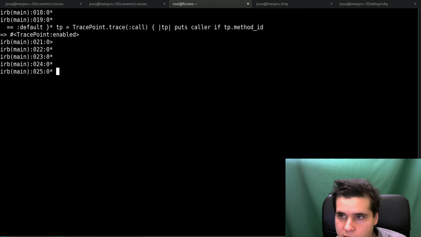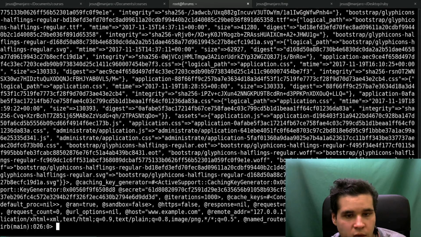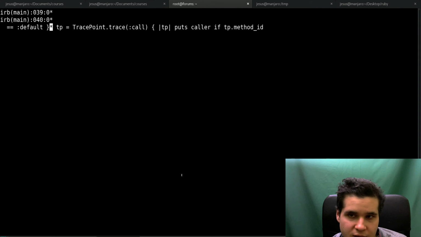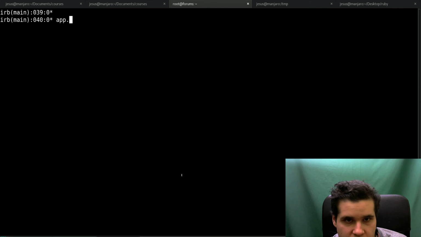But then we want to trigger the controller from the Rails console. So we can do app. Oh, that's a lot of things. App dot get and something else. If we do that,